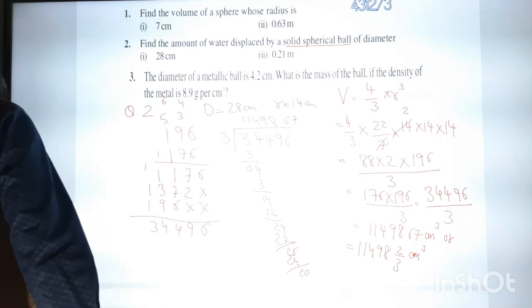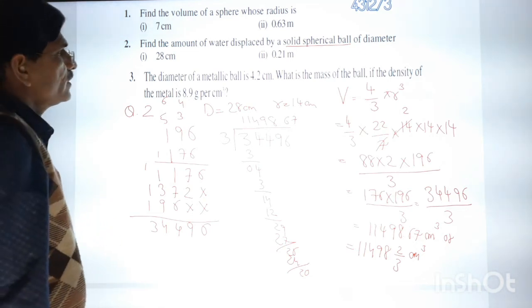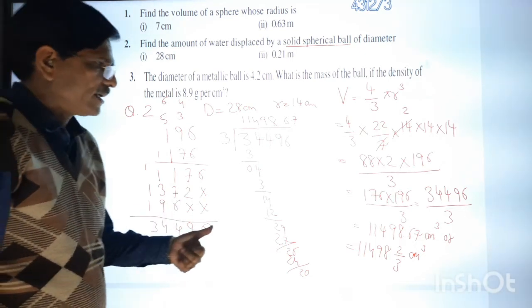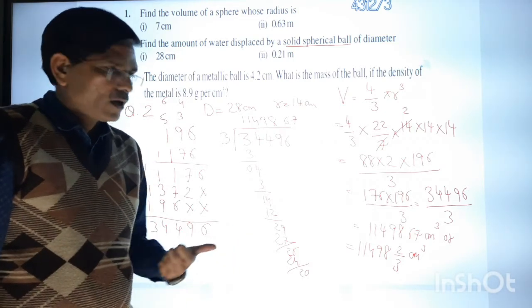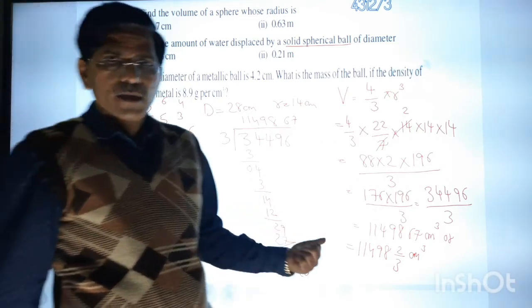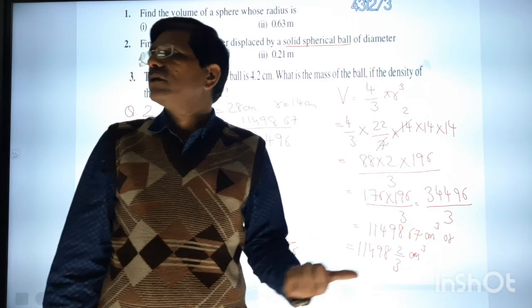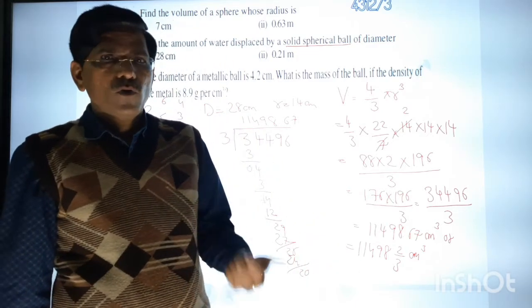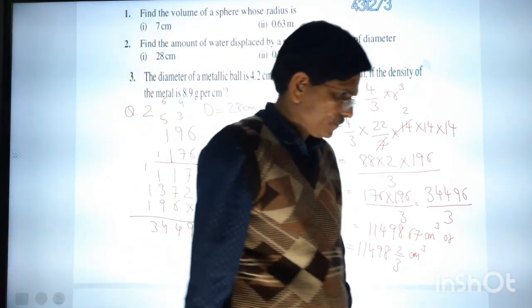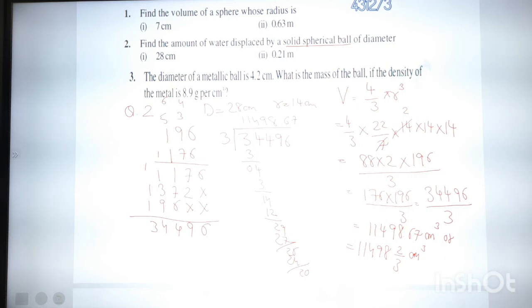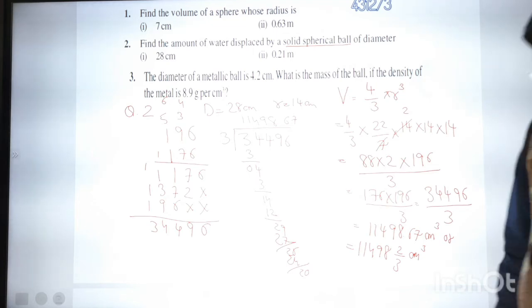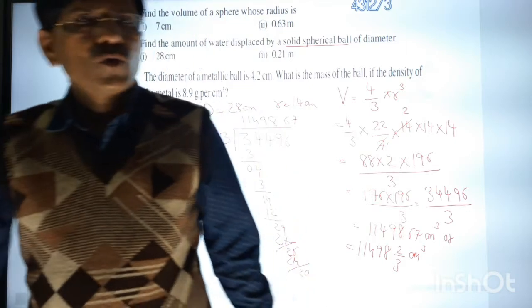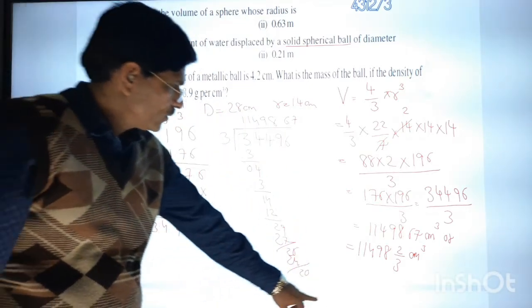So first write this. Let me say symbolically, in symbol you have to say, "Sir, I have completed." Then we have to go for the next sum. So one more sum, let me do.